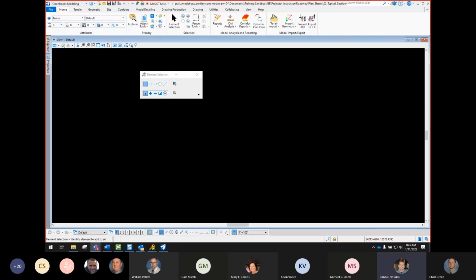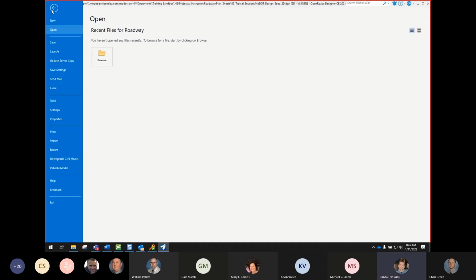So I'm going to have Chad go ahead and real quick go to the File tab so I can show you the Backstage real quick. Up there in the corner, of course, this is where you can open a new file or save a new file, any of those settings. The big one you'd probably want to look at is under the settings. If he clicks on settings,